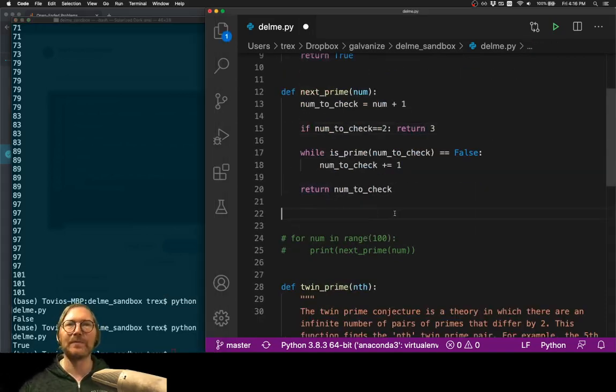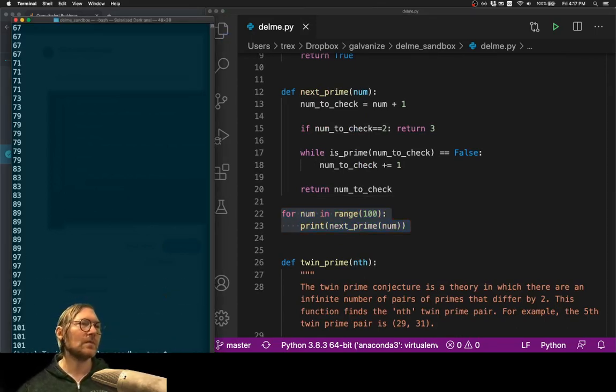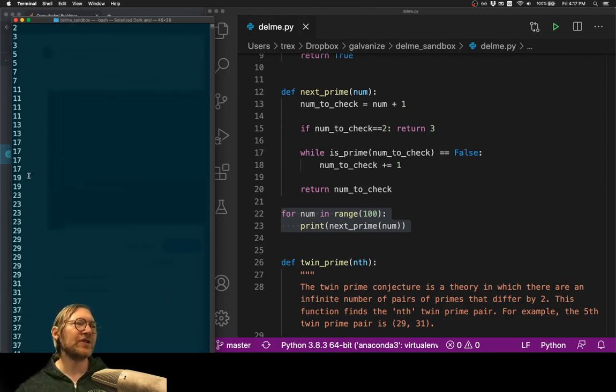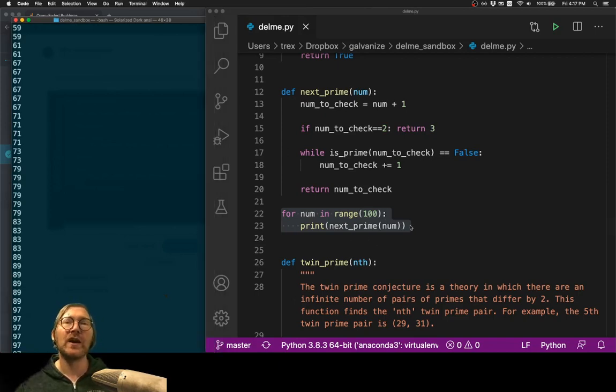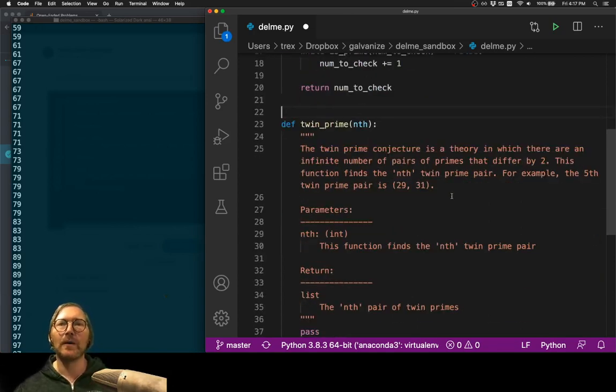Okay. Anyway, let's look at this next prime. So 2, 3, 3, 5, 5, 7, 7, 11, 11. So we're essentially getting only prime numbers out of this, which is what we'd expect. So we're checking the next prime for every number between 0 and 100, and this works generally. We don't have to say next prime of some prime number in order to get the next prime. We can put any number in there and get the next prime. So now we've got the tools that we need, or two tools that we can use, to find the nth